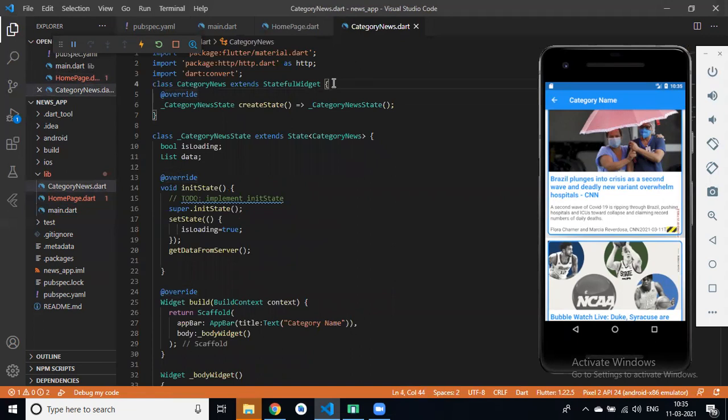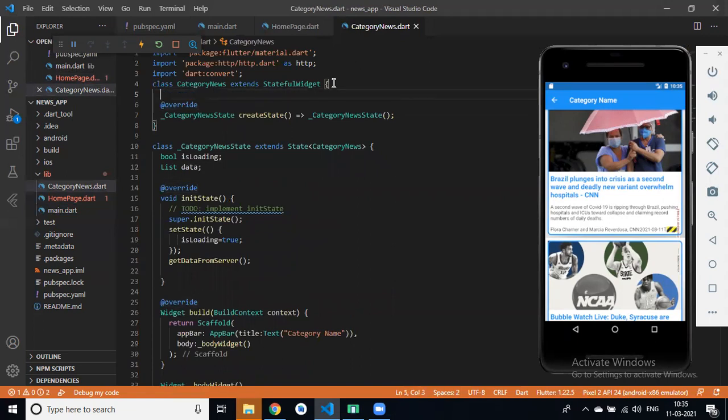So first we have to create a string, category name, and this will be final. What is final? Can you please explain what is final?